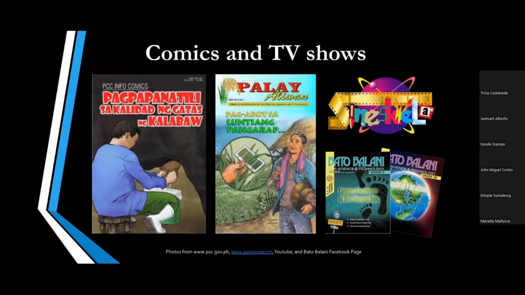Or another example, ito luma ito nakita ko lang siya pero hindi ko, yung nanay ko dati may magazines yan kasi she was an agricultural technologist. Meron tayong ang PhilRice, they released before this Palay Ali 1, pag-abot sa Lunti ang Pangarap. So, yung nakikita nyo dyan na technology, that was the technology developed by PhilRice, and para mas maintindihan siya ng farmers, kung hindi man nila naintindihan during the face-to-face consultation with the agricultural technologies, may kopya sila ng comics and may nakikita talaga nila how it's done.